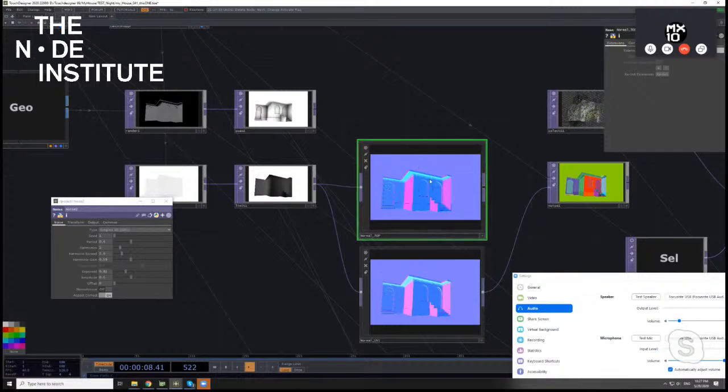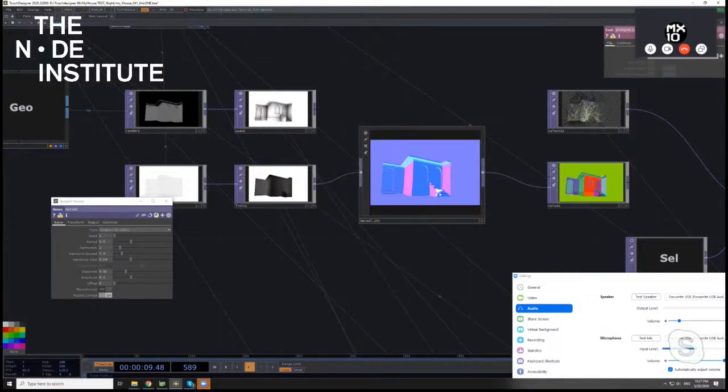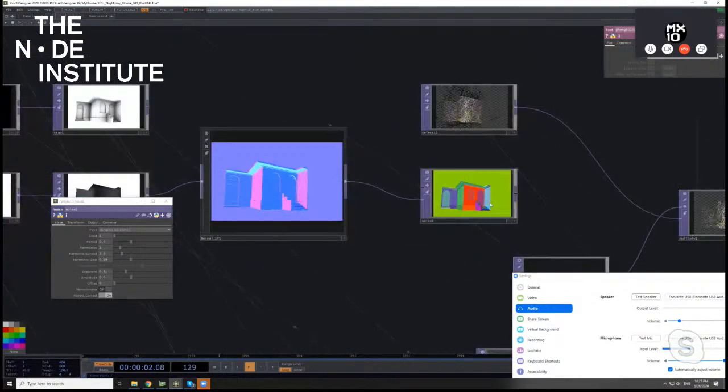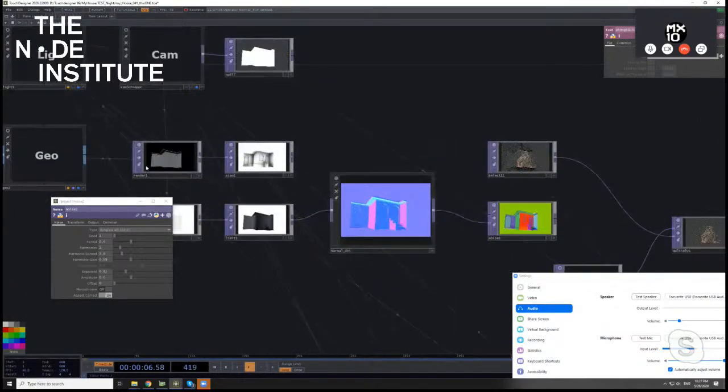Okay, sorry about that. And this color arrangement helped me to use Snapper and have the build matched on the volume of the house.